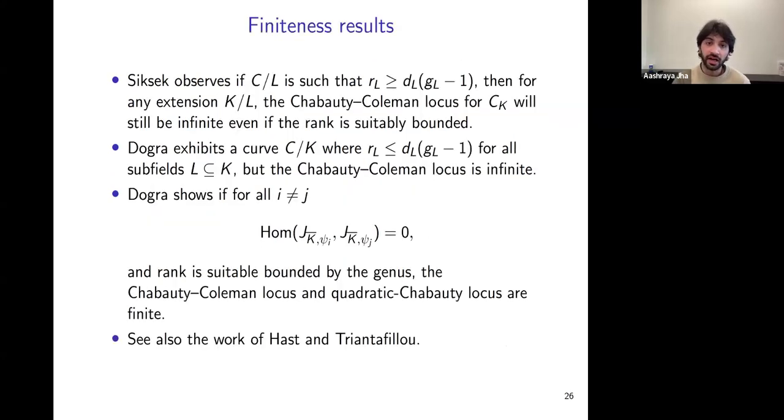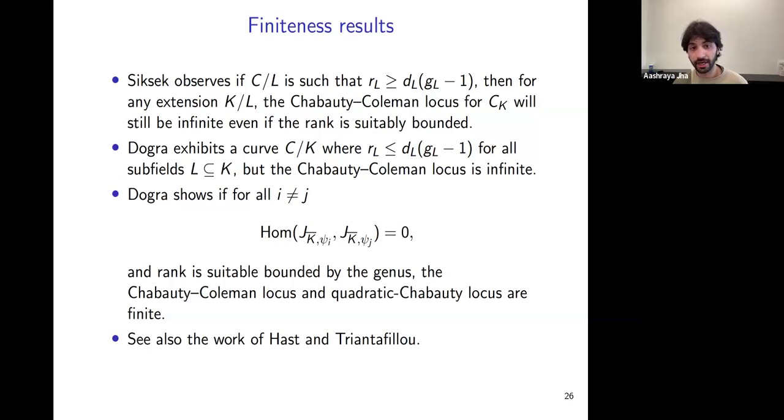Okay, I'll highlight some results which are known about finiteness. Siksek observes for Chabauty-Coleman over number fields that, say I have a curve C over L, where this rank hypothesis is contradicted. So RL should be strictly greater than, sorry about that, that's a typo. If RL is strictly greater than DL times GL minus 1, then for any extension K over L, the Chabauty-Coleman locus for C base change to K will still be infinite, even if CK